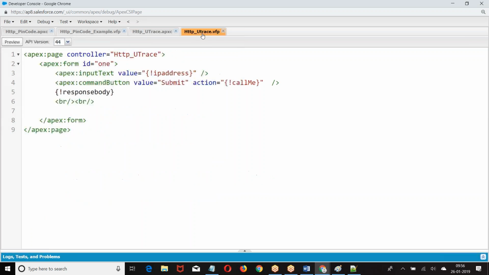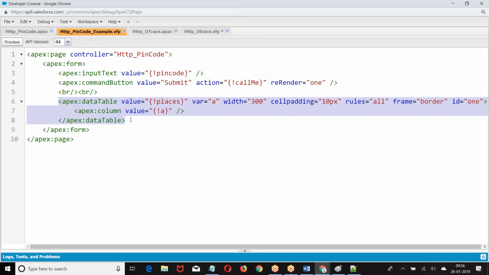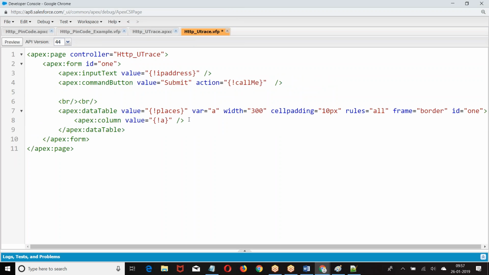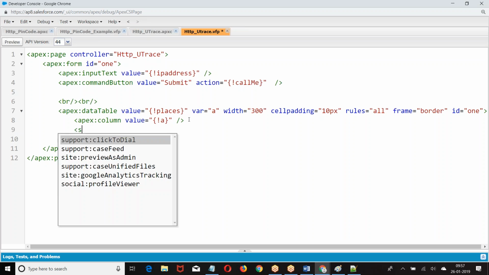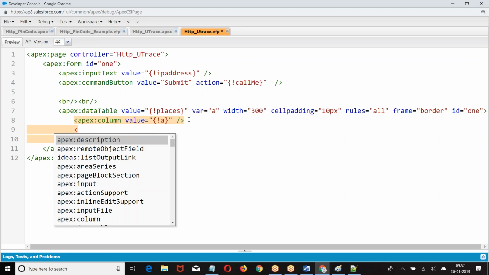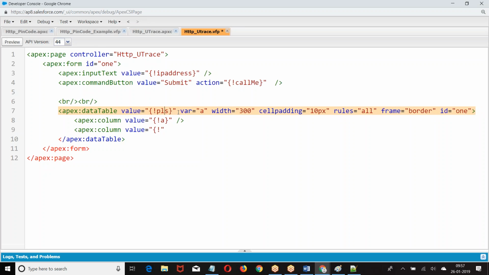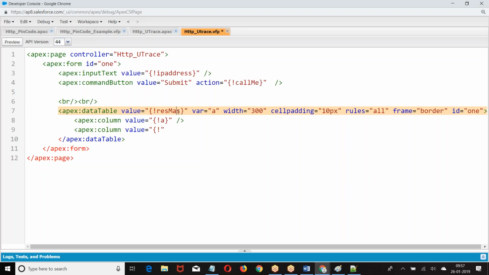Then display the data. How do you display the map? A will be a key. Result map of A will be a value.